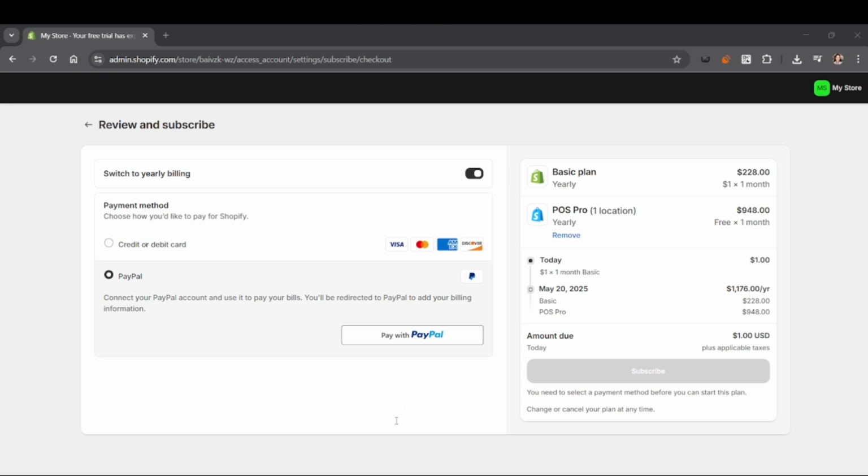After it's connected, you can begin importing products from AliExpress, manage orders, and automate fulfillment directly from your DSers dashboard. And that's it, so you're now connected and ready to start